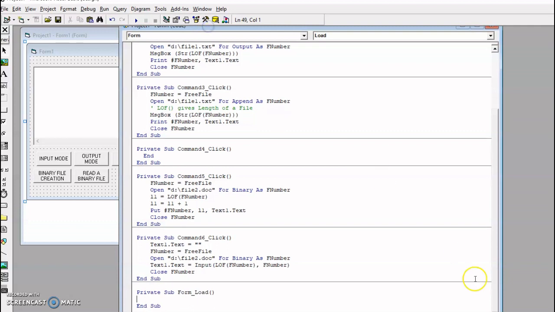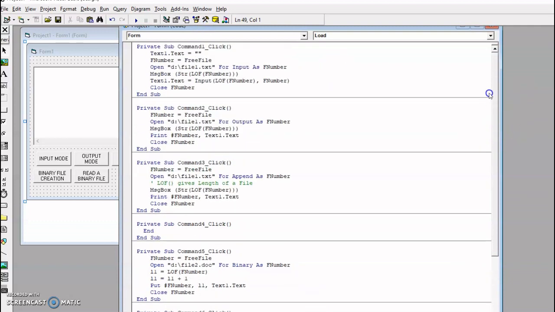This is the coding I used for developing the application. Here the same codings I already explained to you in the slideshow. This message box with Str of LOF of F number is used to display the actual size of the file. File1.txt is what I am using here.